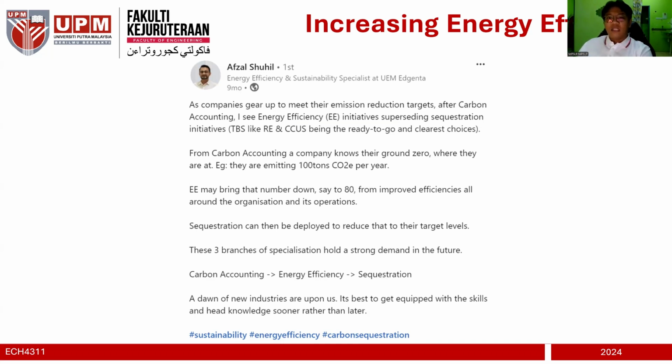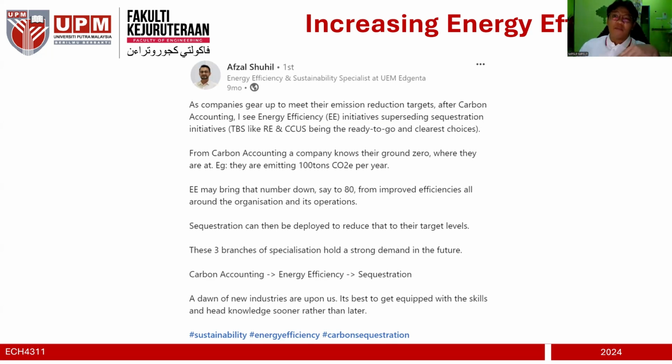So in this class, we're not really talking about the big projects. We are talking about increasing energy efficiency or reducing energy usage, which is the main goal for this class. And this also leads to reduced CO2 emission. Now, as I said, I think there are two types. Number one, according to him, is the energy efficiency initiative, which can be a small, medium-sized, or big project. And another one is the CCUS project, which oftentimes you will see in the news because it's a big project.